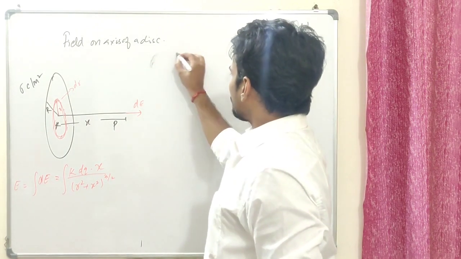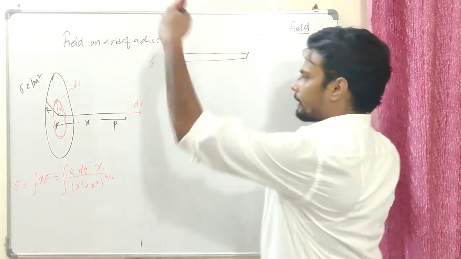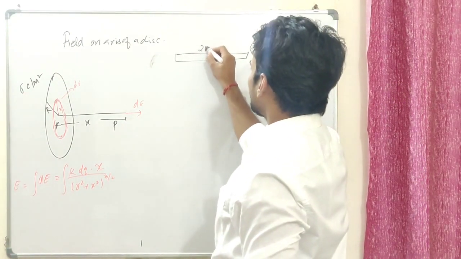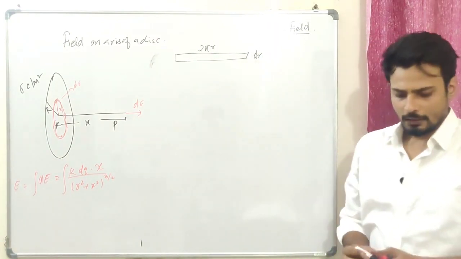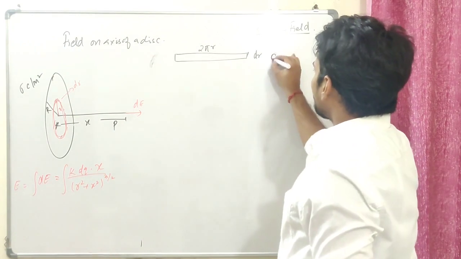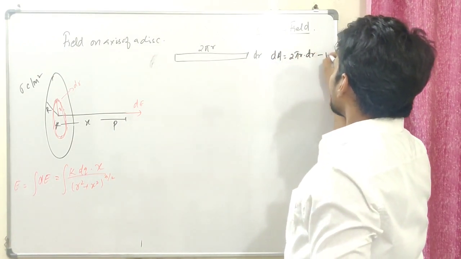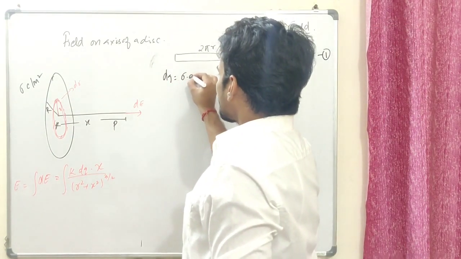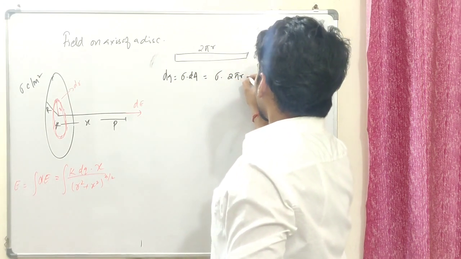Before that, let me teach you how to find the small area. Well, if I just cut this ring from one point and stretch it, this is going to be a rectangular wire of length 2 pi r and width dr, isn't it? Now with this information I can actually find the value of dA. That's going to be 2 pi r times dr, equation 1. With this I'm going to find the value of dq. That's going to be sigma times dA. That's going to be sigma times 2 pi r dr.